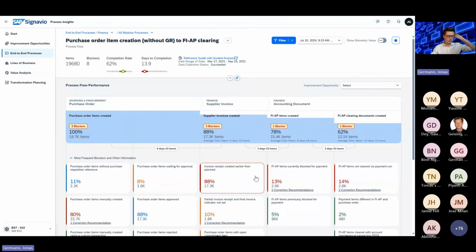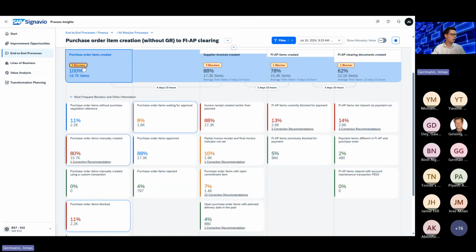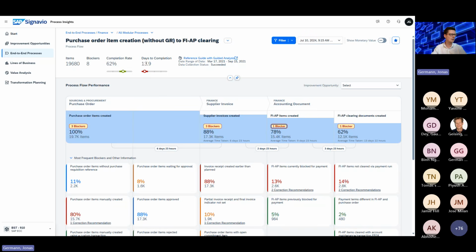So in Insights, you're analyzing your, for example, SAP ECC. You have so-called blockers, which are the potential reason why you need 13 days and not 1. And if you're using process mining, then you have the feature so-called root cause analysis to make it more visible. What is the reason? Where is the biggest gap, or where you have to tackle to improve your process?